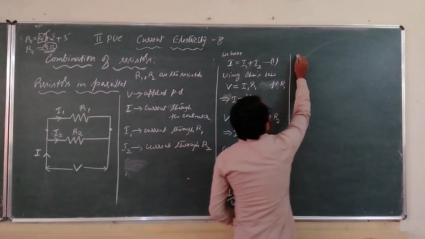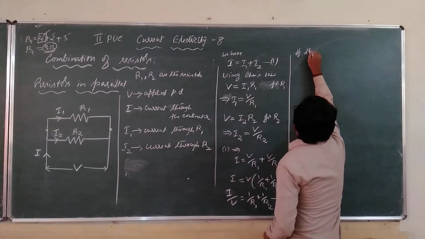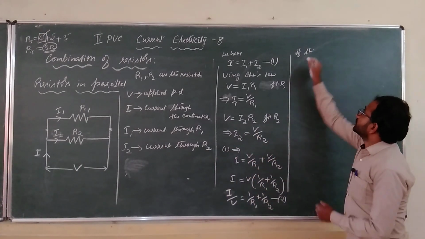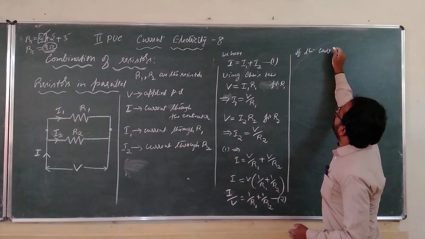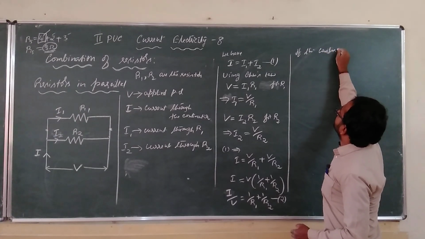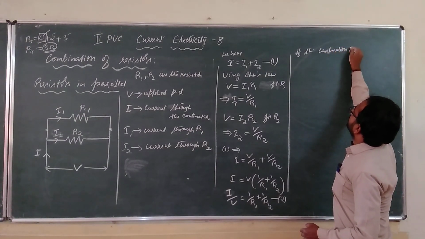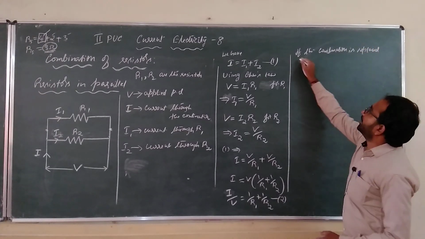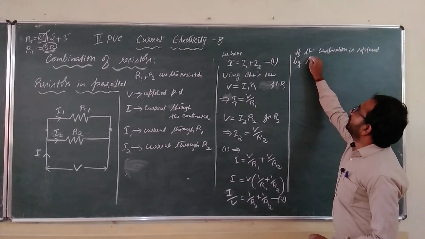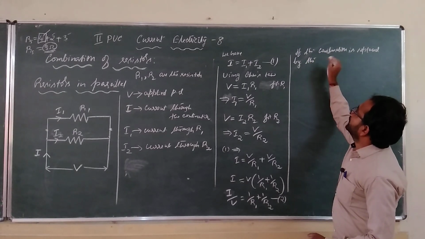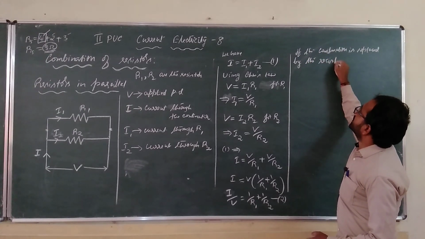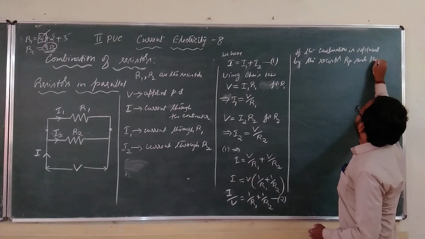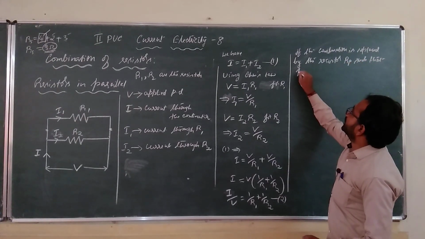So if the combination of resistors is replaced by some other resistor, say Rp, such that for the same applied potential difference,